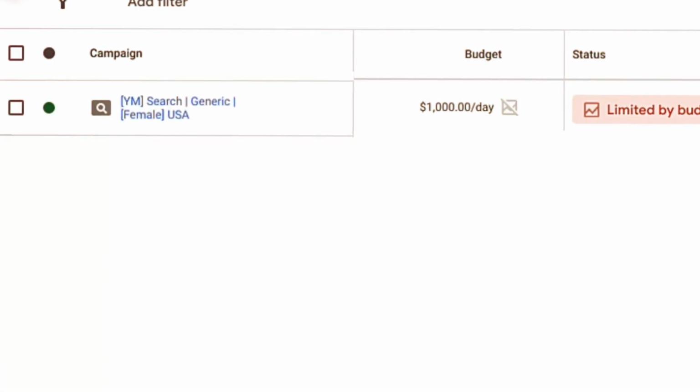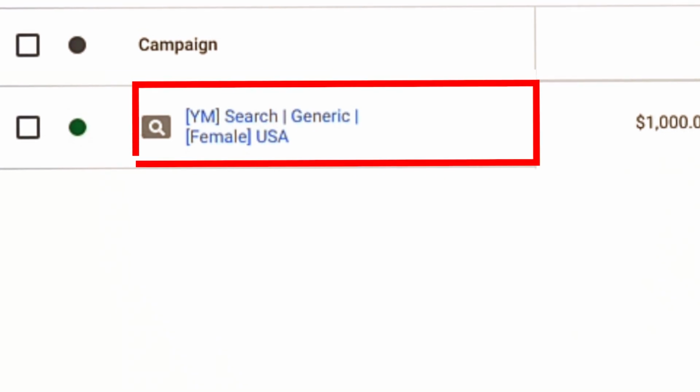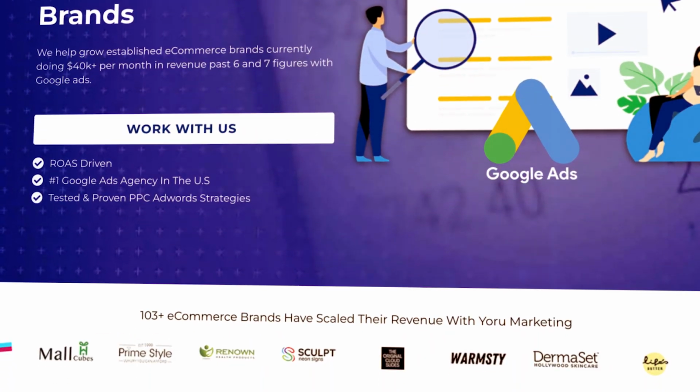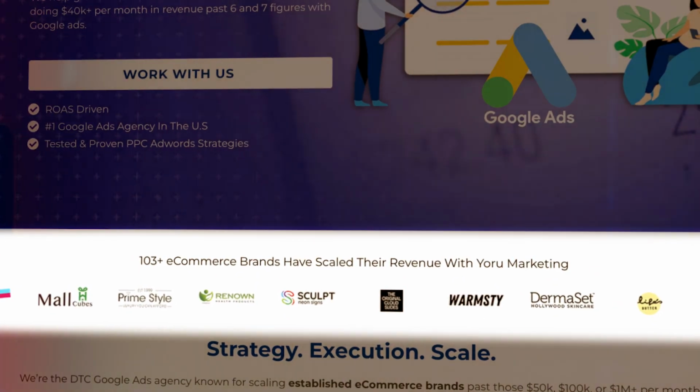Approaching search campaigns from these different angles, from these different types of traffic sources, is what is going to really scale your search campaigns to the next level, because the days of just running one search campaign and hoping it works are officially over. Even just individual dynamic search campaigns just don't do the trick anymore. But this is the exact strategy we're using to scale a majority of our brands under my Google Ads agency,